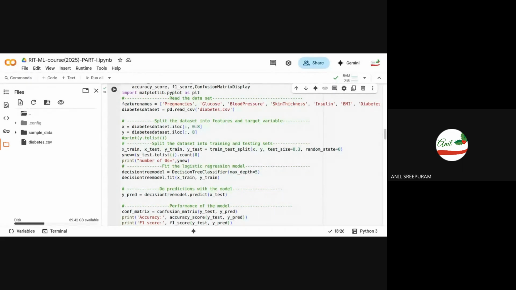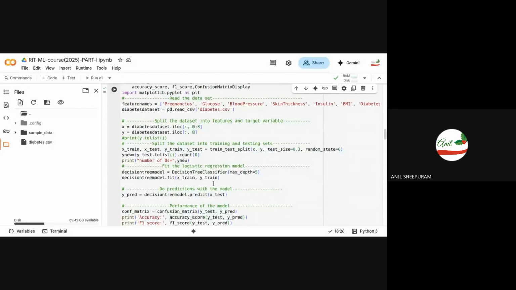That means only 5 features can be chosen. If the tree depth is more than 5, I cannot actually display it here. You can see that when the tree depth is more than 5, it's very difficult to display the tree here. That's why I have chosen this max depth. You can choose max depth equal to 3, 4, 5, 6, 7, up to 8. And then I'll be